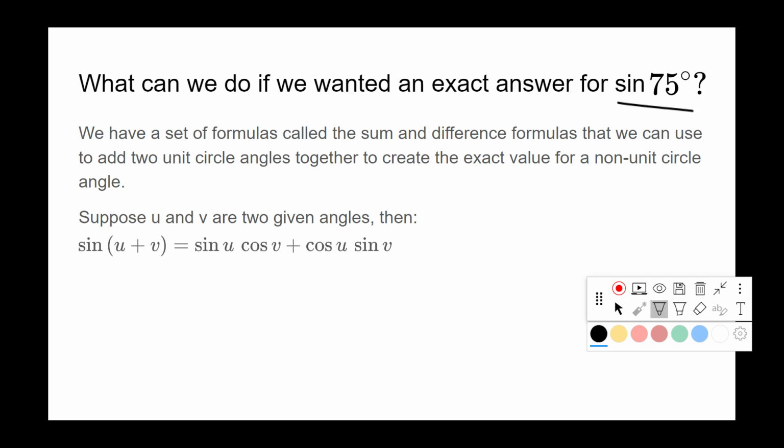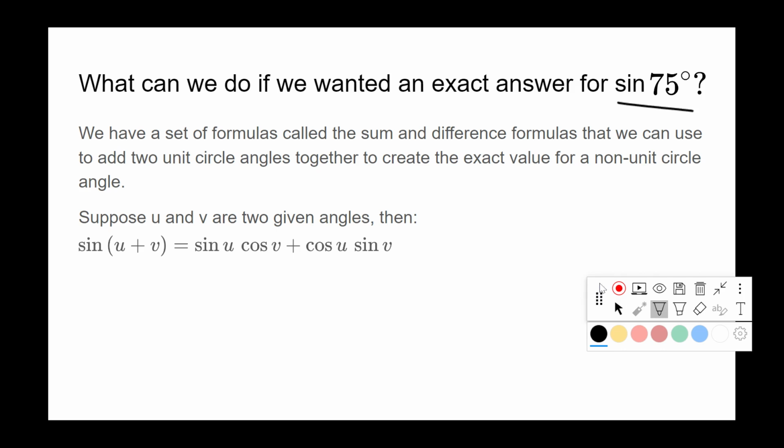So what we have is these formulas called the sum and difference formulas. We can use these to take two angles that are on the unit circle and add them together to create the exact value for a non-unit circle angle, like 75 degrees. Down below, you see one of these formulas. We're going to learn how to use these formulas here. I'm not going to prove the rules to you. It's a fairly complicated geometric proof as to where the rules actually come from. So I'm going to show you what the rules are, and we're going to learn how to use them